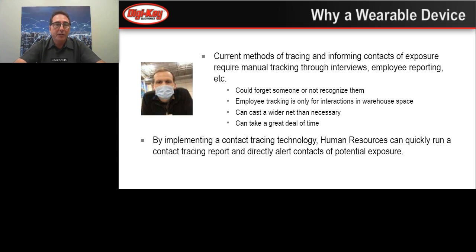So they decided to use a wearable device versus, say, a phone app for a number of reasons I'll get into. And that wearable device would allow them to detect proximity events, as we call them, when two people get close to each other, and then do contact tracing on those proximity events by their HR department in a very quick and easy fashion, so that when they did get an incident, they could quickly respond and keep people safe and healthy.